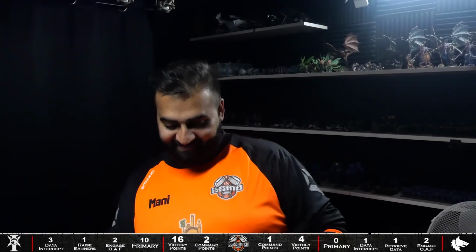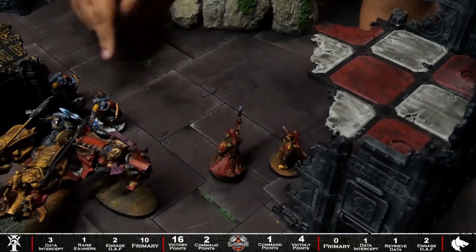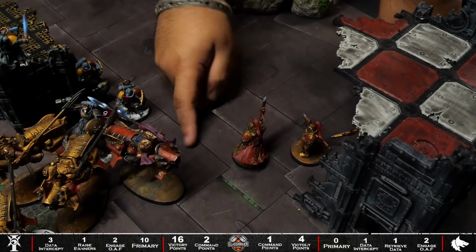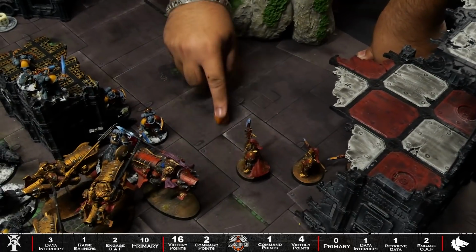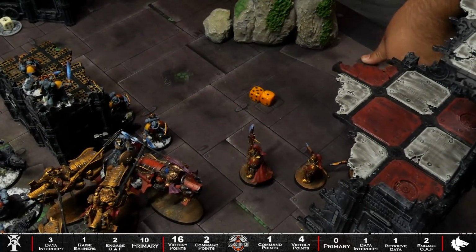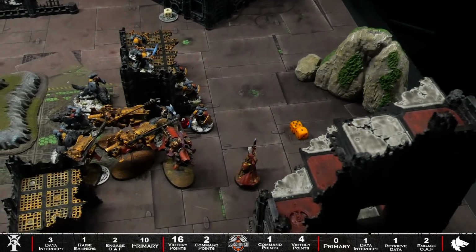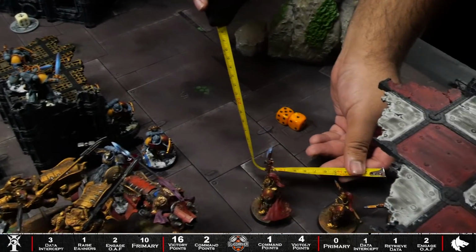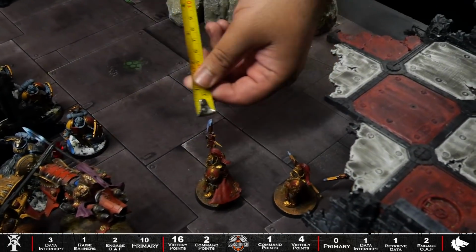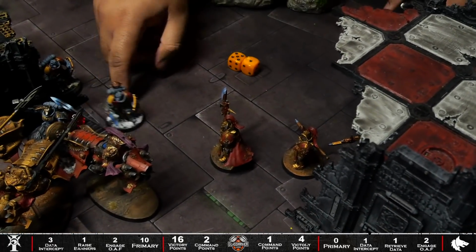So guys, the final thing is this charge over here. So I'll make the charge and I'll explain what's happening. So these Wolf Guard are charging into these guys here and the captain. Oh, sorry. That's done. You moved my model. That's a disqualify, basically. So basically guys, I'm just going to explain to you here. Me and David had just measured and this guy over here is outside of 3 of this one here. He's like 3.5 away from him. So when I move 6...